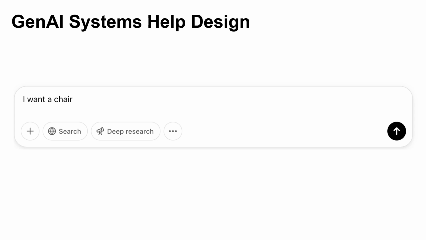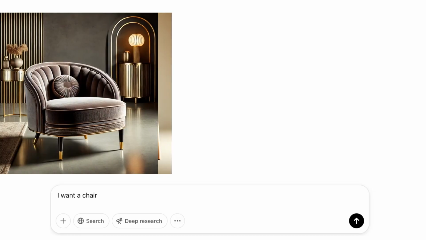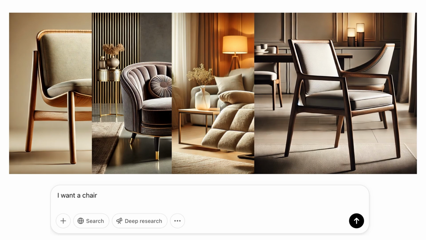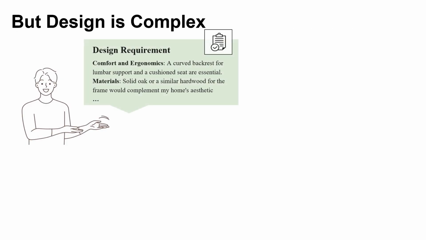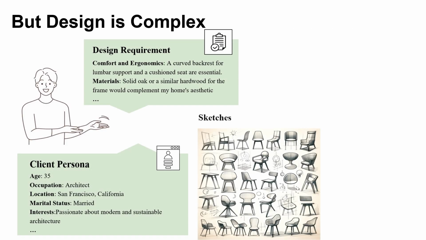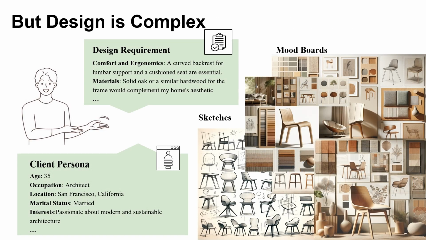Even with simple sentences, generative AI models can help you quickly render design ideas. This empowers novice designers to try out their ideas. But design can be complex and overwhelming, with materials like the design requirements, client persona, sketches, and mood board that help shape a balance between creativity and